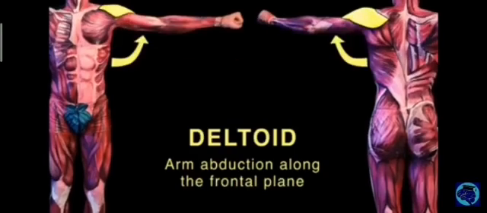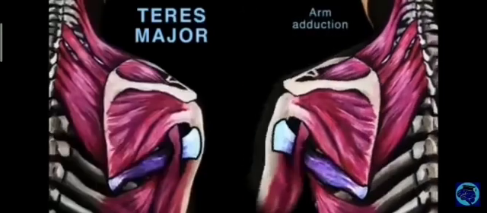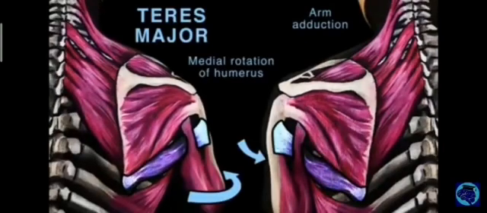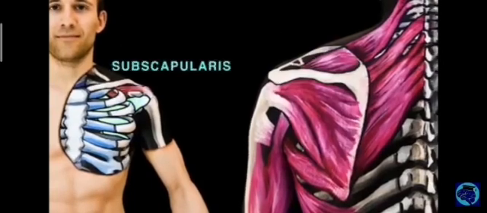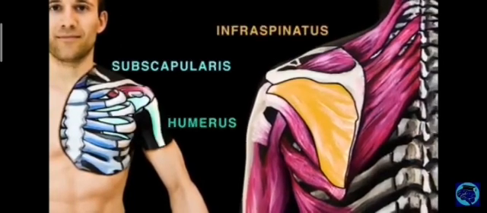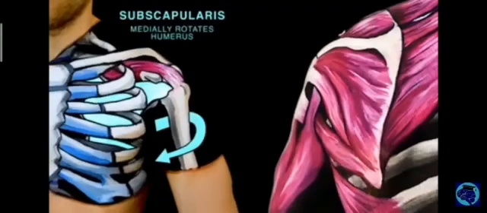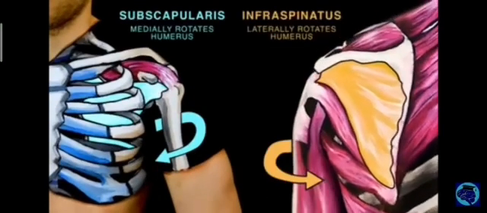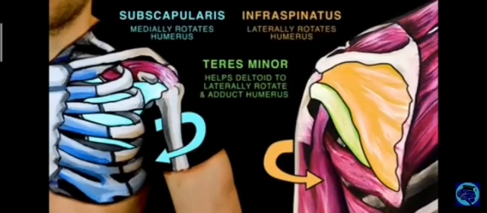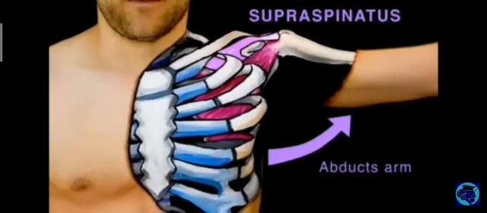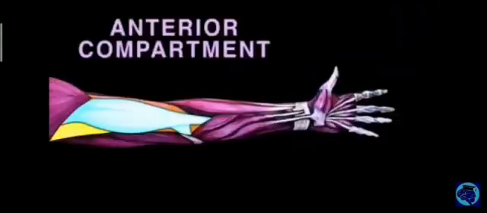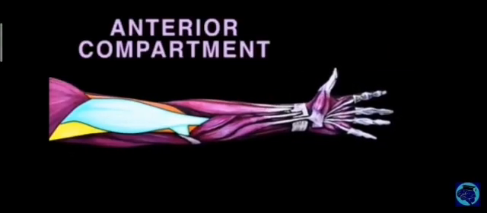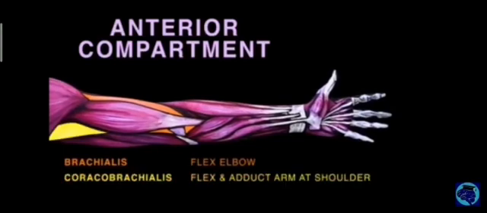The deltoid helps raise your arm and gives the shoulder joint stability. Teres major gives arm adduction and medial rotation. The 4 rotator cuff muscles give the shoulder joint stability. Subscapularis and infraspinatus give humerus rotatability. Subscapularis rotates inward and infraspinatus outward. Teres minor helps the deltoid. Supraspinatus pulls upward. In the upper arm, 4 muscles are present, including 3 found in the anterior compartment: brachialis, coracobrachialis,